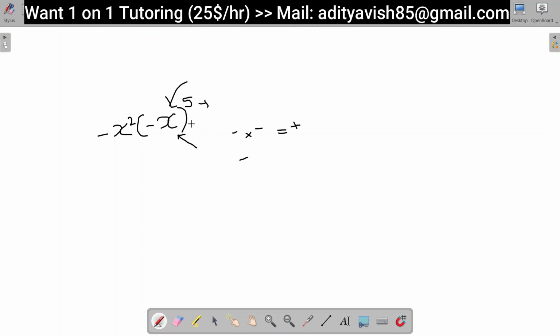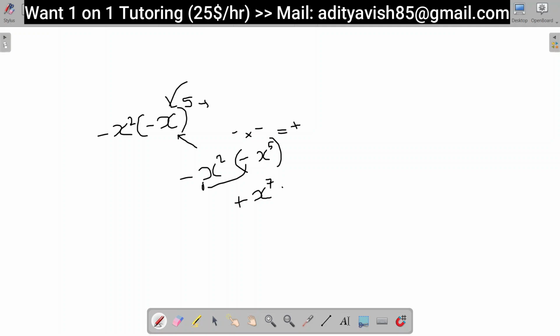And the x will become x raised to power 5. And these two negatives, after getting multiplied with each other, become positive, and this will be x raised to power 7,